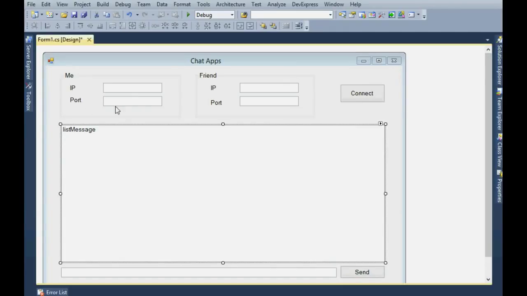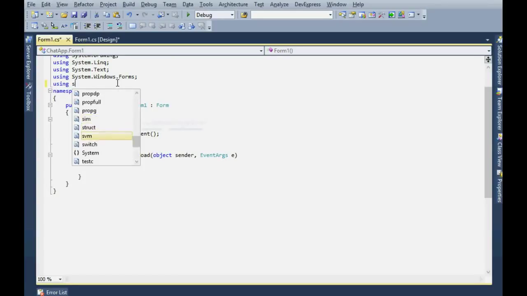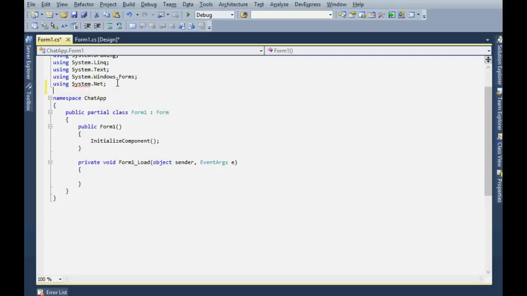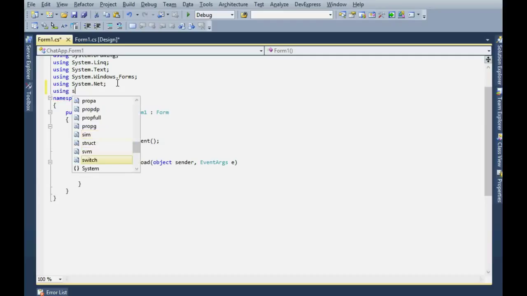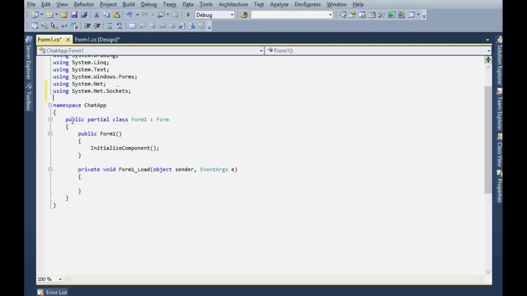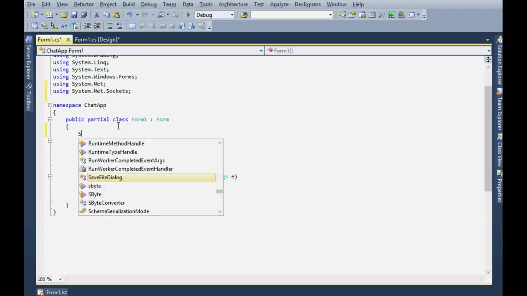now I need to add some namespaces. So double click on the form: using System.Net, using System.Net.Sockets. We are using sockets and we need some variables. Socket,